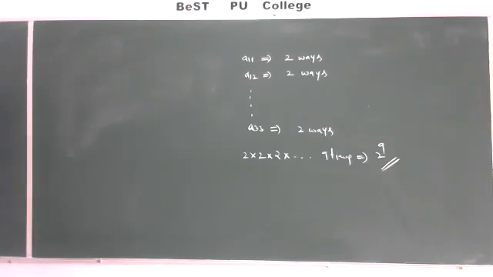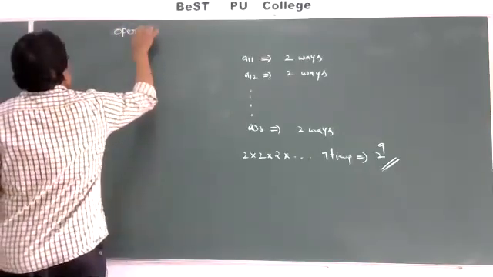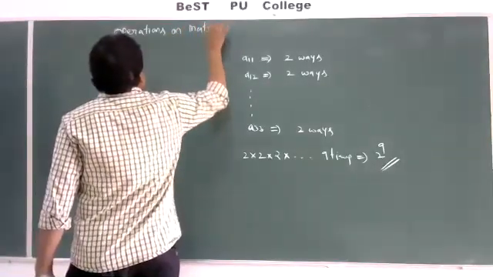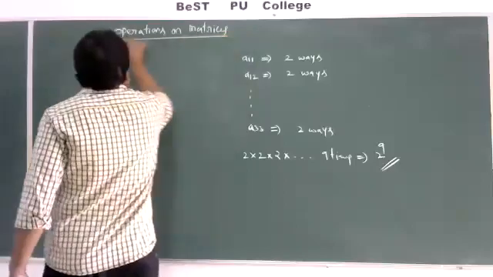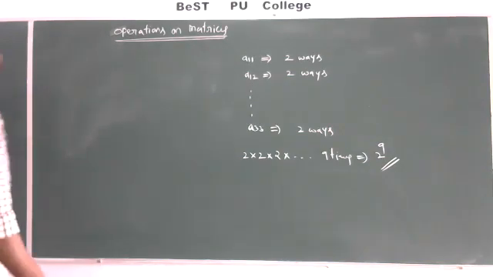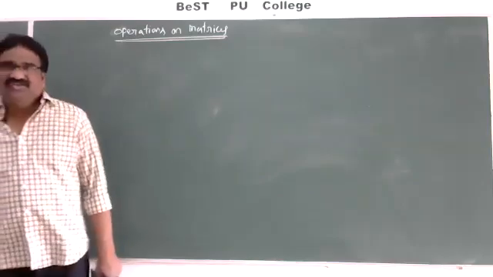Next, operations on matrices. Next concept, operations on matrices. That is algebraic operations. In real numbers, we know addition, subtraction, multiplication, and division. Here in matrices also we have addition, subtraction, multiplication like that. There is no division. That's why algebraic operations on matrices. First, addition